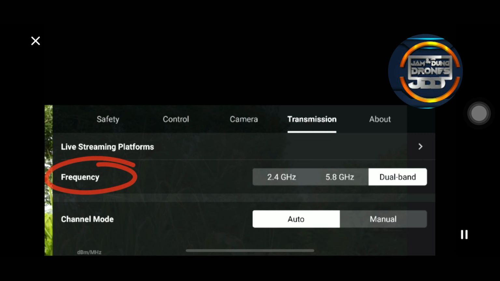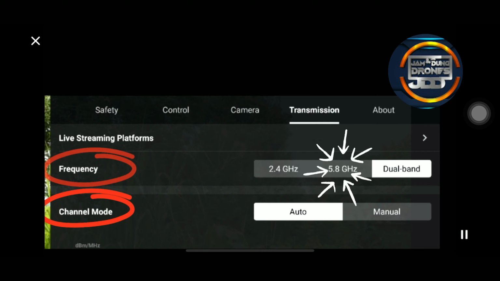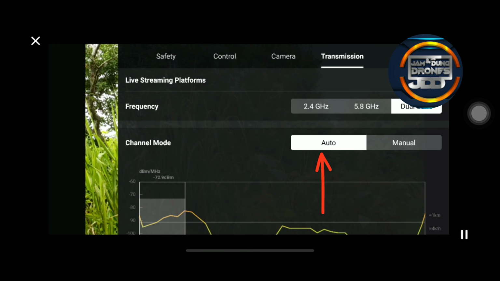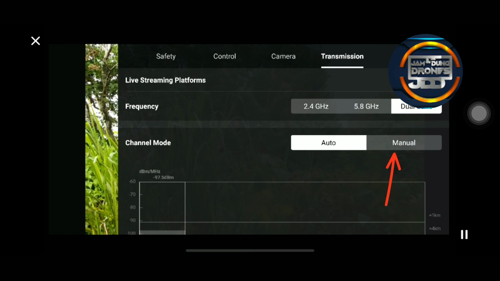And the second option would be our 5.8 gigahertz frequency, which is the frequency you want to use when you're in the city, when you have a lot of objects to penetrate and there's a lot of disturbance. The 2.4 gigahertz is used for long distance travel where there are not many obstacles. And as we go down, we can see the channel mode, we can see auto, and we can see manual